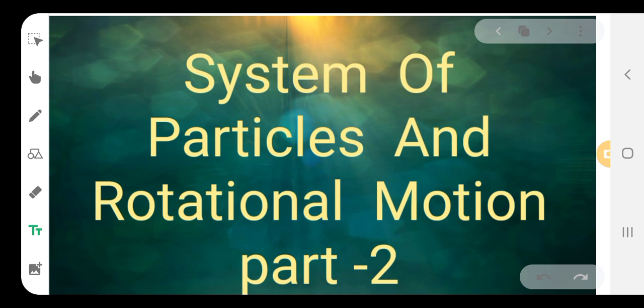So here in this section we will see the vector product, which is also known as the right hand screw rule, and we'll see the properties of the vectors. Next we'll see the angular velocity and its relation to linear velocity, and the angular acceleration. Lastly, we will derive the torque.